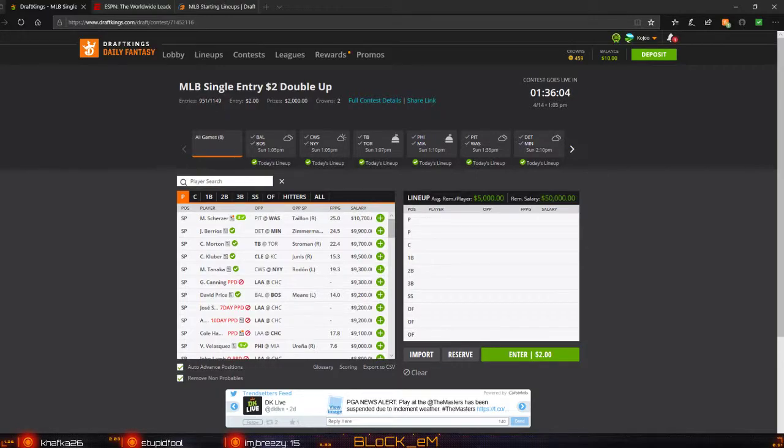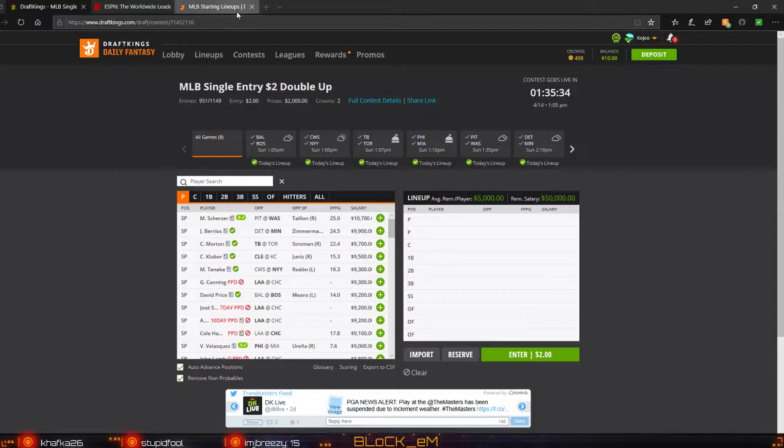When you start to pay for stuff, I think it's more those guys who are doing the big tournaments and the multiple entry tournaments. What I try to stick to are some lower stakes, but also the single entry. I think there's a little more skill involved in picking your players when it comes to a single entry tournament. So I'm going to show you a couple of the things I like to use. And the first one is going to be